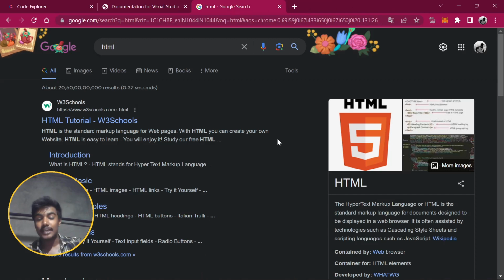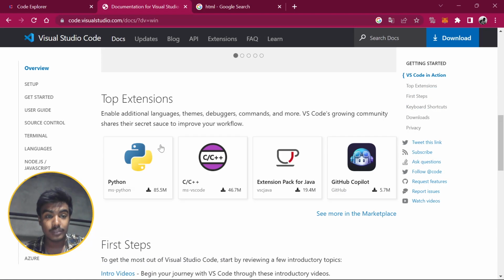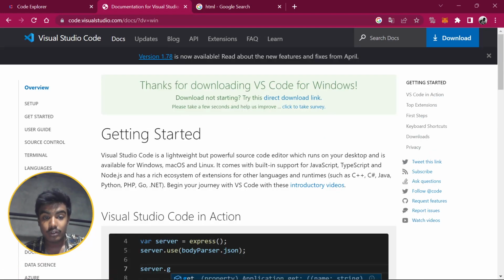So HTML stands for Hypertext Markup Language, and it basically creates the structure of our web page. As I think you have already installed VS Code on your system. If you face any problem, then you can comment to me. I will definitely bring a video on how to install it properly. Okay, so for now I am assuming that you have already installed it and have not faced any